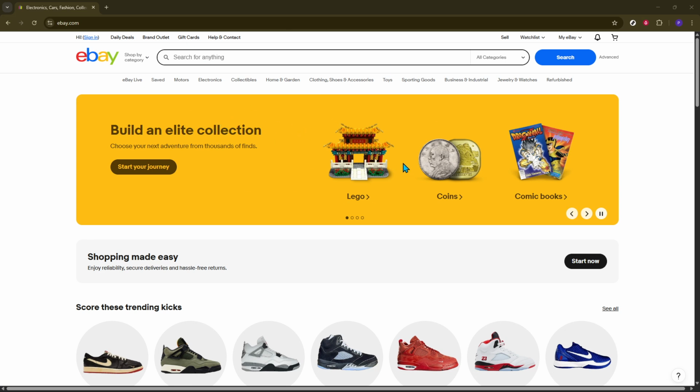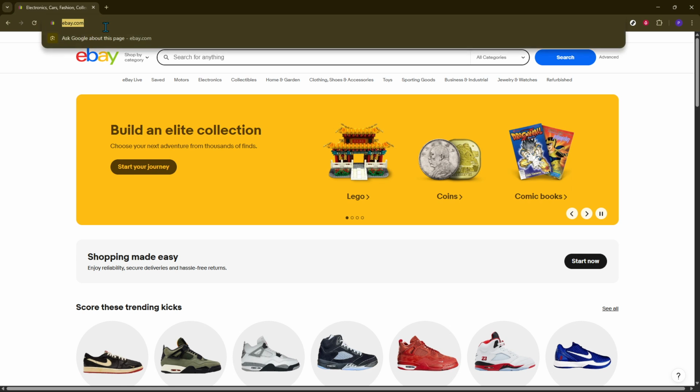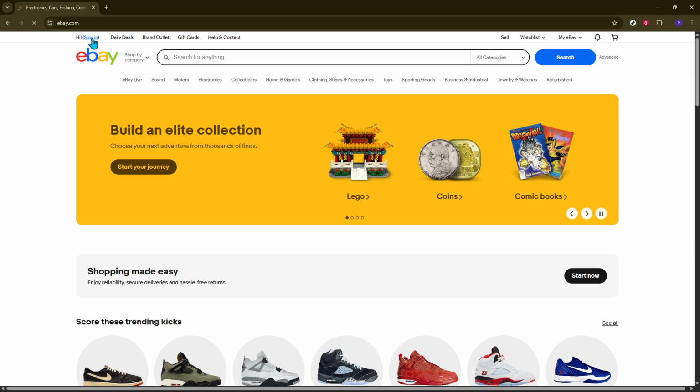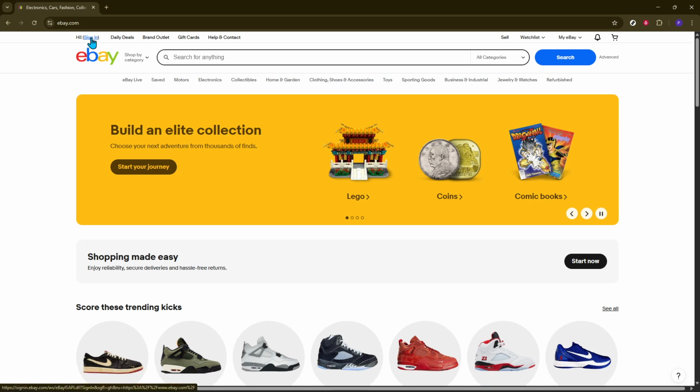Firstly, you'll want to fire up your web browser and head straight over to the eBay homepage, which is a great starting point for any task on the platform. From there, look towards the top of the page and find the sign in option. Give that a click. If you're not already signed into your account, you'll need to do so now to access